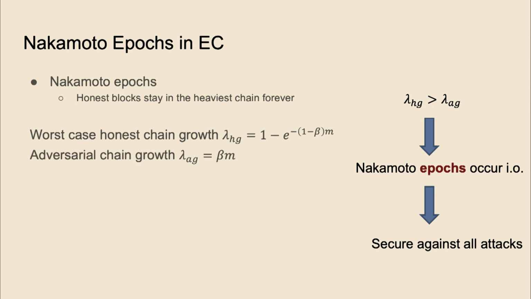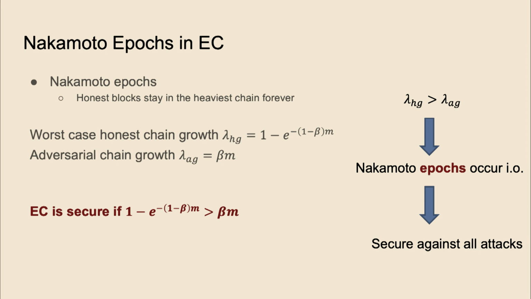And on the other side, for the adversarial chain growth, it's not hard to see that the growth rate will simply be the power of the adversary, that is beta times m. So on expectation, there will be beta times m blocks per epoch mined by the adversary. So combined with the proof technique from the Everything is a Race paper, we can conclude that EC is actually